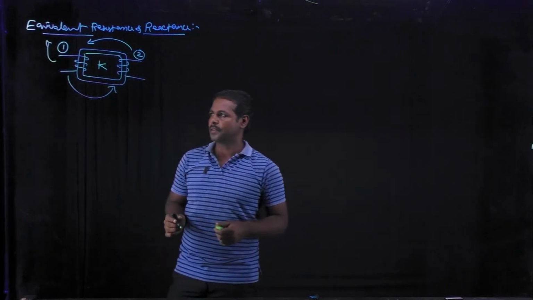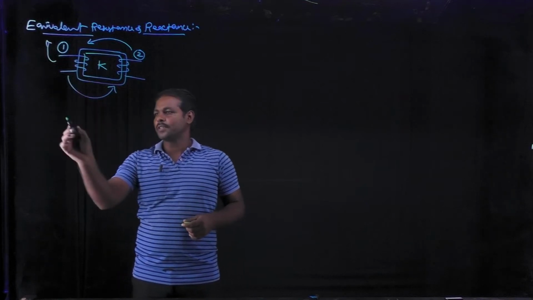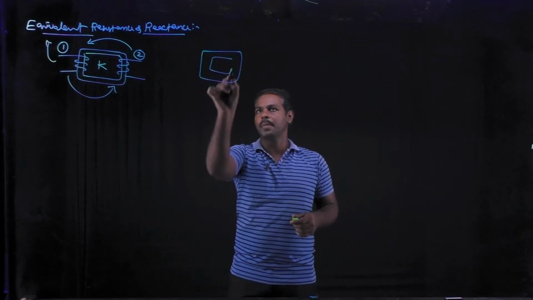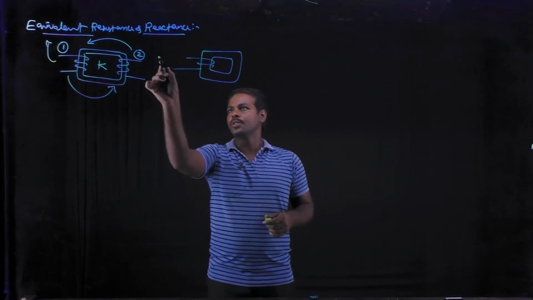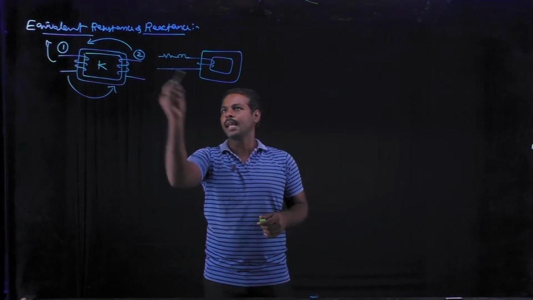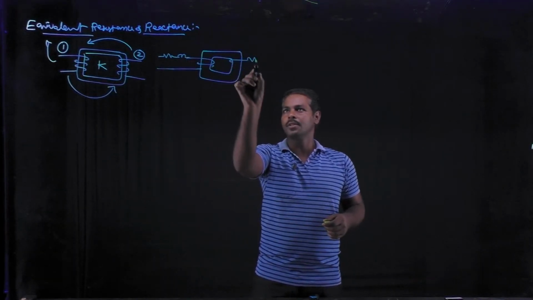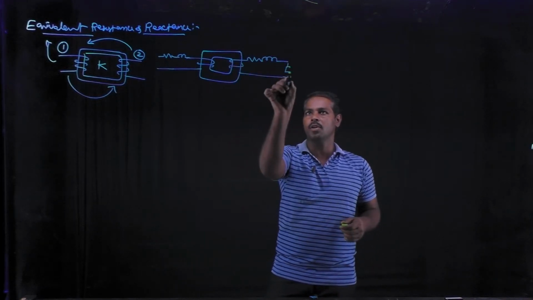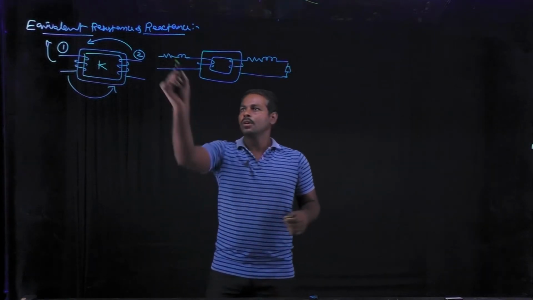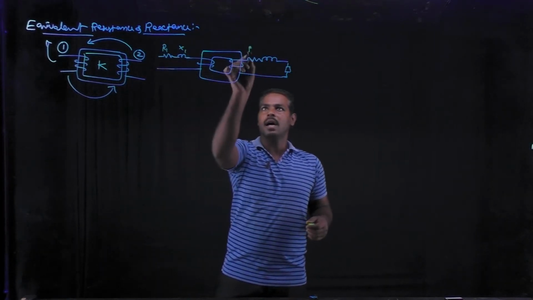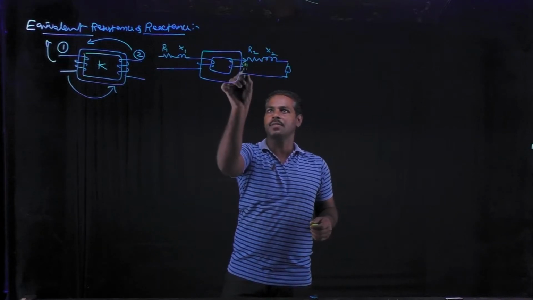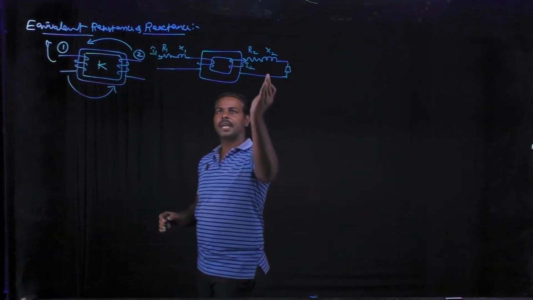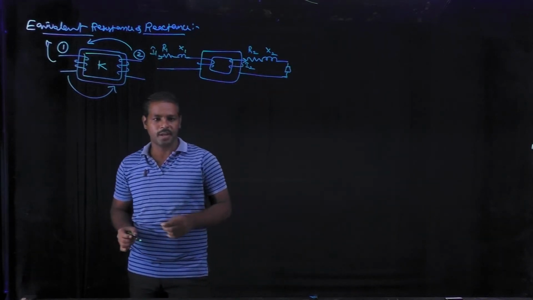Each and every transformer consists of a magnetic core, with resistance as well as reactance on one side, and another side which also has resistance and reactance. This is the load. So R1, X1, R2 and X2. The current in the primary circuit is I1 and the current in the secondary circuit is I2. This is based on referring to either the primary or the secondary.